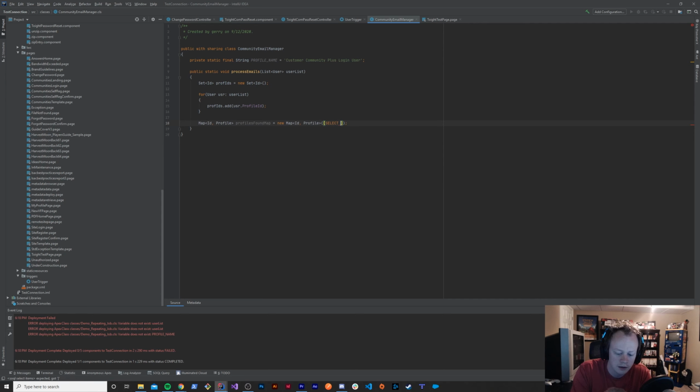You actually don't need to declare the ID. If you didn't know, I didn't know this for like forever. You don't actually have to ever put ID in your SOQL queries, and that's because Salesforce just always gives it to you. So it's always in your query, even if you don't declare it,